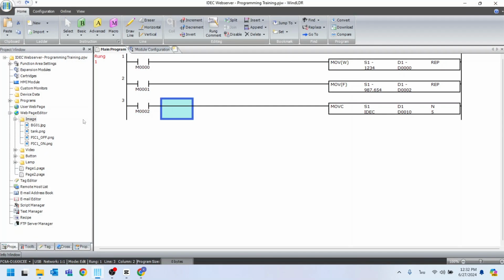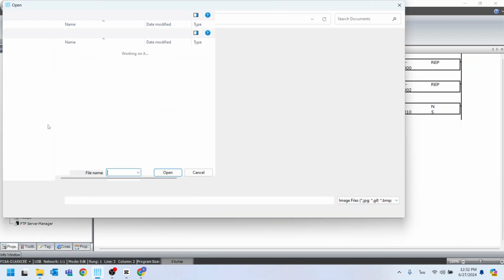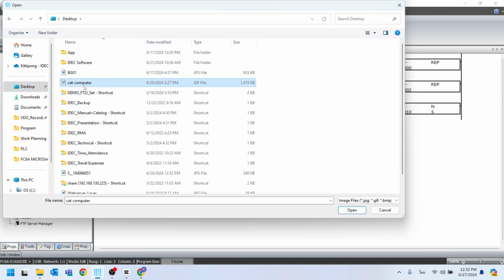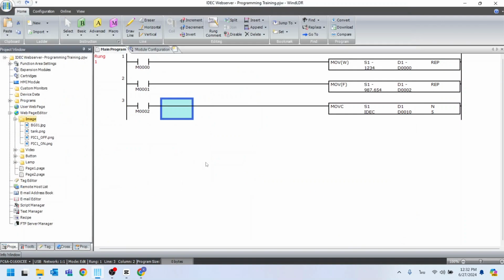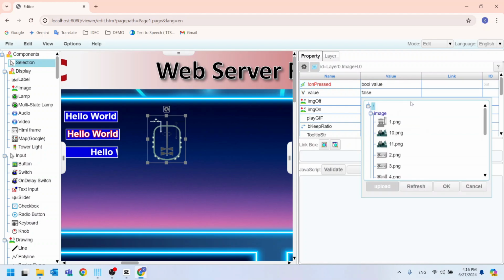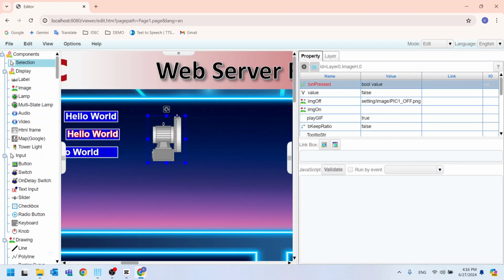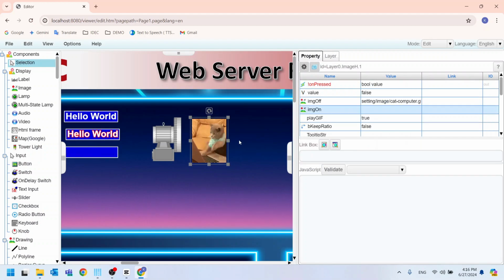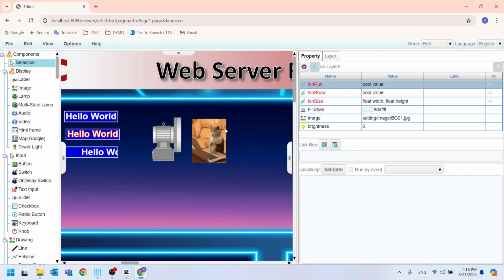You can select your own image by right-clicking on the image and choosing Import Files. Then, select the image you have prepared. Then, return to the web page editor. Go to the Image Off option, then refresh and select the desired image. Then, copy another one. Try selecting an image that is a GIF file. Using this method, you can add images or GIF files to your web page.